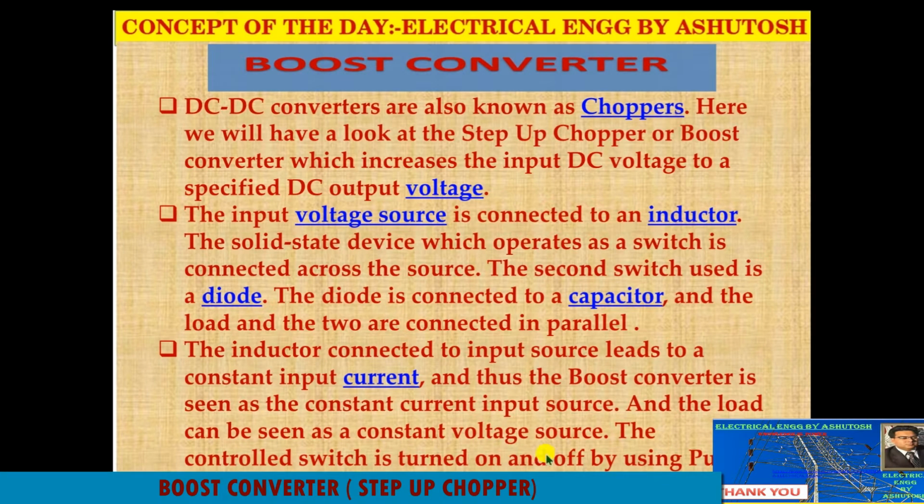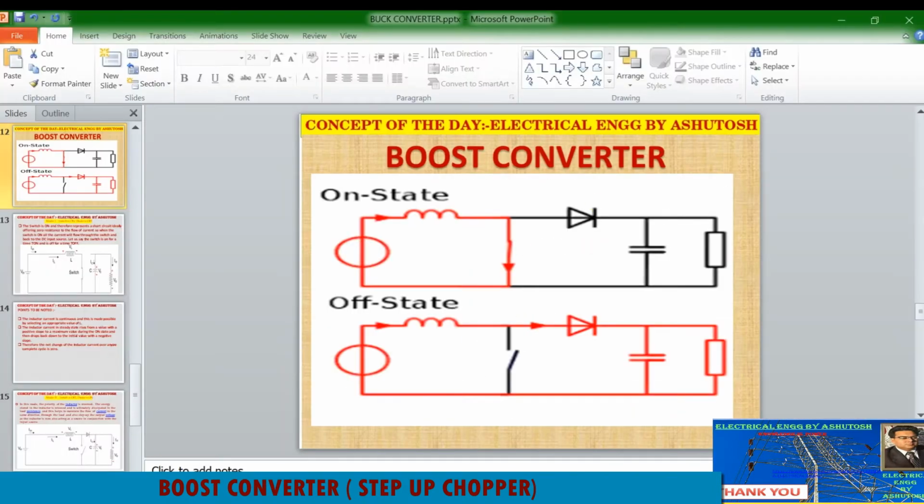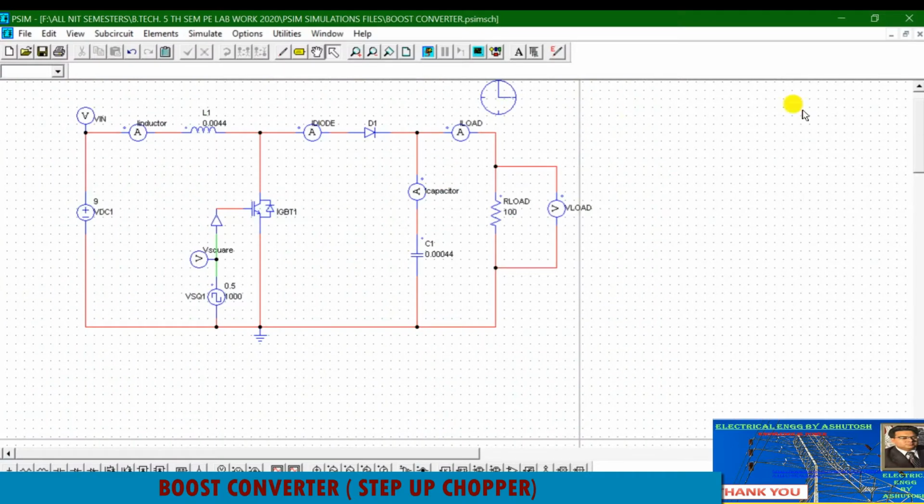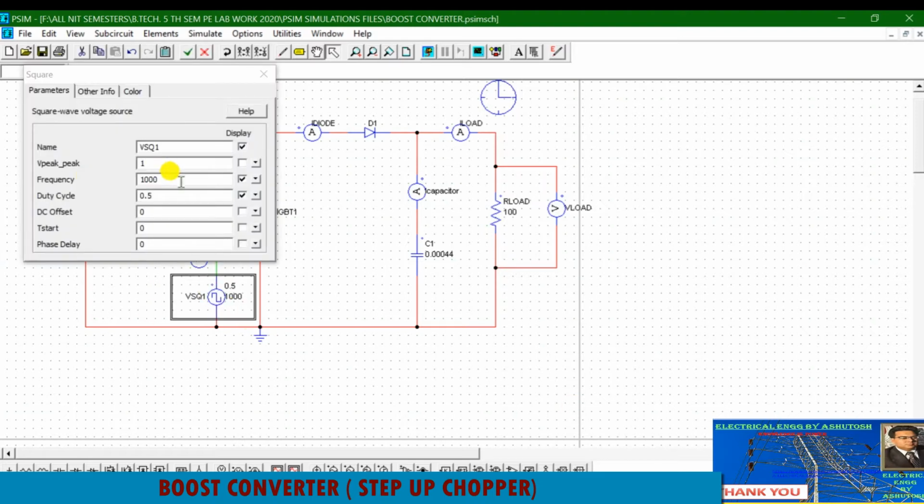The control switch is turned on and off using pulse width modulation. The PWM technique is used. Here you can see in the diagram my PSIM simulation circuit. This is the square wave generated by the PWM technique. I have selected an IGBT, and the gate terminal is connected to the on-off controller and a voltage square wave generator, and the frequency I have set is 1000 Hz